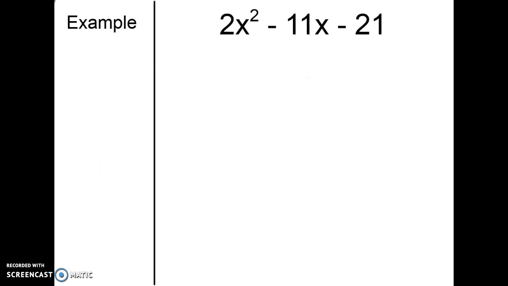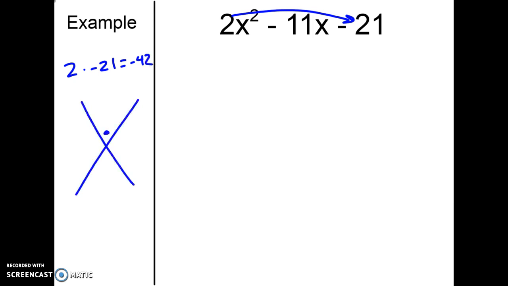We have 2x squared minus 11x minus 21. Once again, 2 and 11 are primes, so we can't factor anything out. But we're going to go 2 times negative 21, and that's going to be a negative 42. We need to multiply to a negative 42, and we need to add to a negative 11. So if you take a look at your factor sheet,